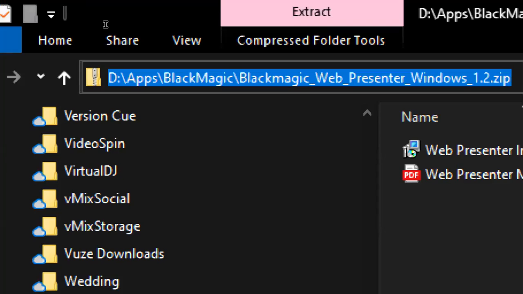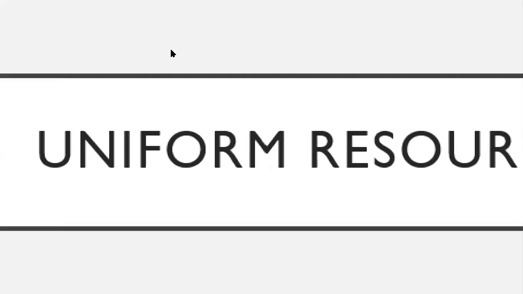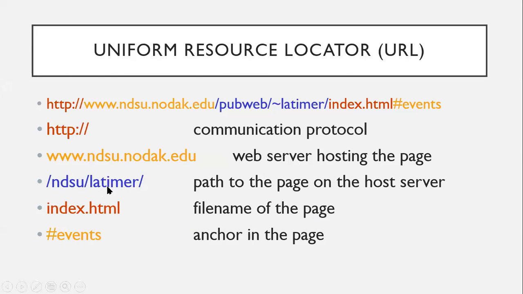So if it's local, you use the backslash for local shares, like for example, network file shares, and you use the slash for the internet or basically your web browser. So in this case, this index.html file is located inside the folder pubweb slash tilde latimer. So this is under these two folders.